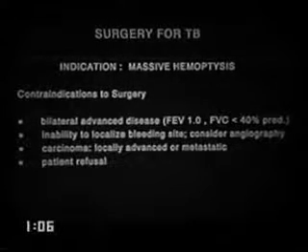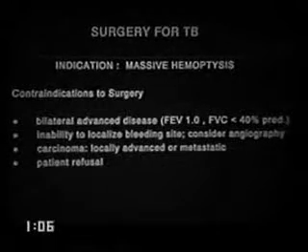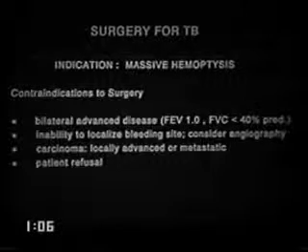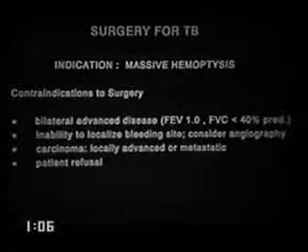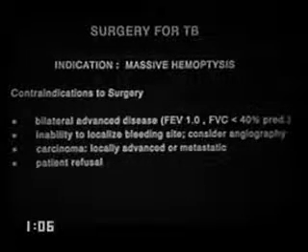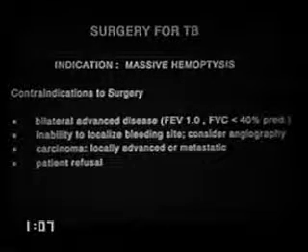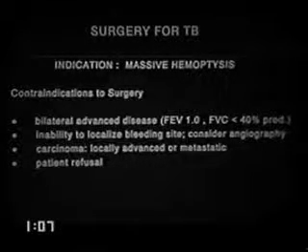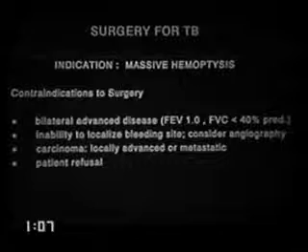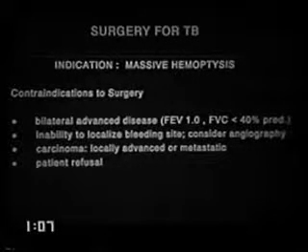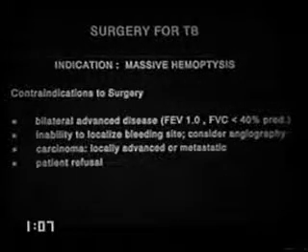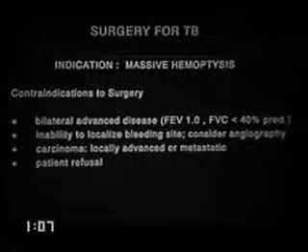Contraindications to surgery: if you suspect your patient, whom you're seeing in an ER setting, fulfills one of these, then you would want to temporize and not necessarily rush that patient directly to the operating room. Bilateral advanced disease: if they're known to have bilateral coexisting terrible obstructive pulmonary disease with FEV1s in the 1 range and FVCs less than 40% of predicted, you might think that they're not an operable candidate from the get-go and think about alternatives to management. If you can't